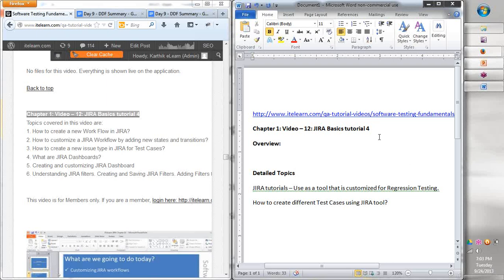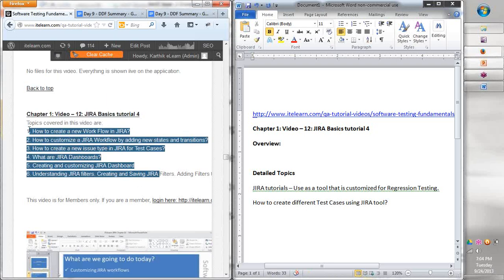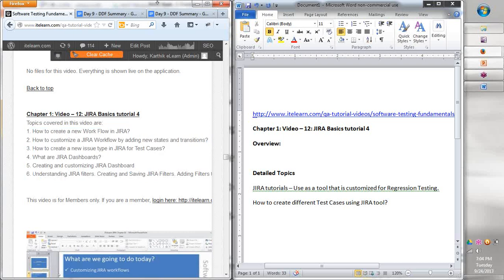The intent is very simple thing. It's a summary document. It is not transcription, word to word, no. It's just a glimpse of what was done, what are different things and so on. And then you will know how to create a new workflow in Jira. In fact, we can copy a lot of these things itself and put it in there. Okay, making sense? And this will really finish off the chapter for you.